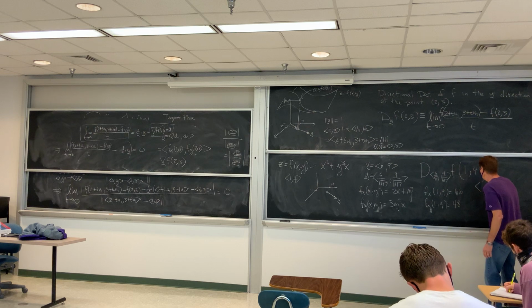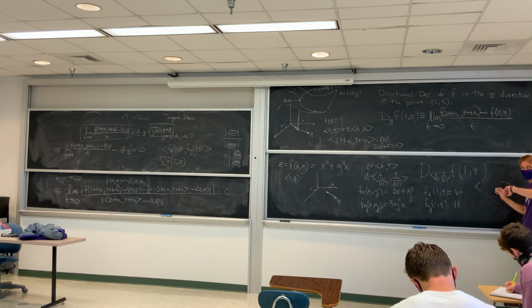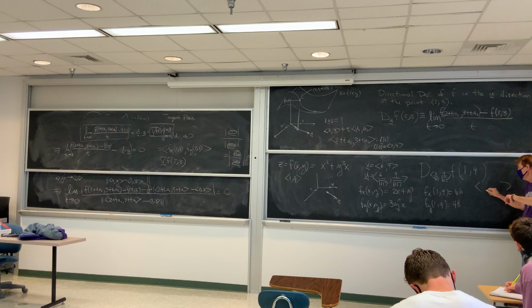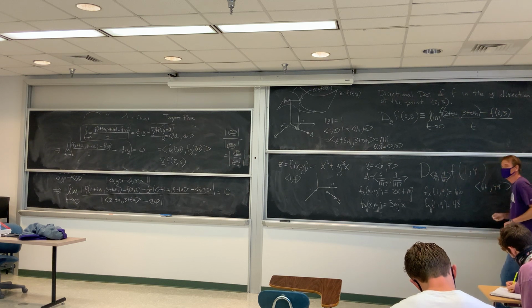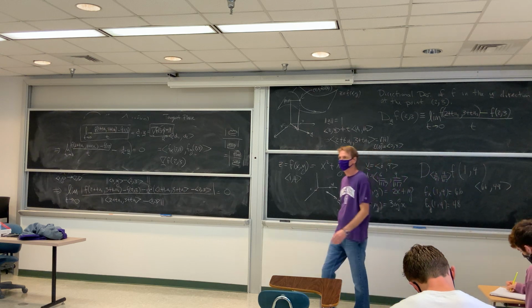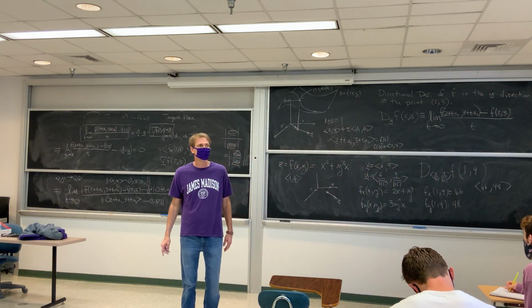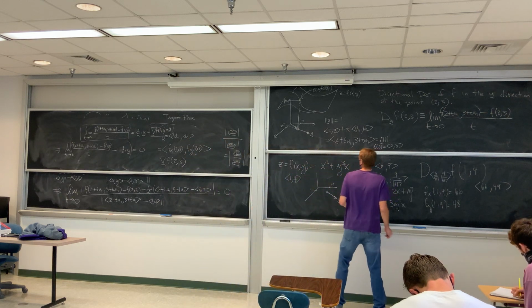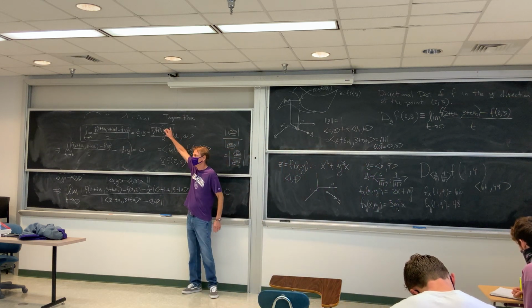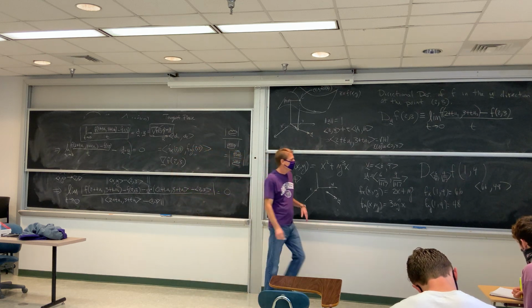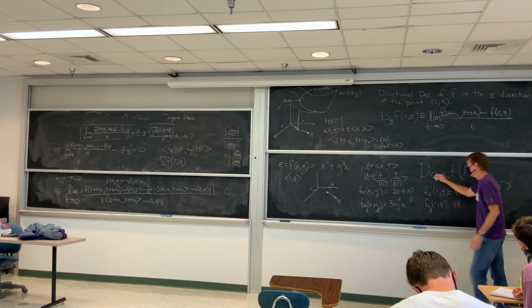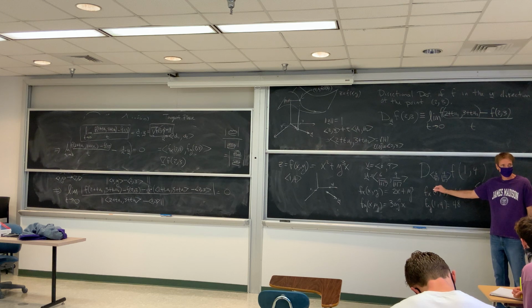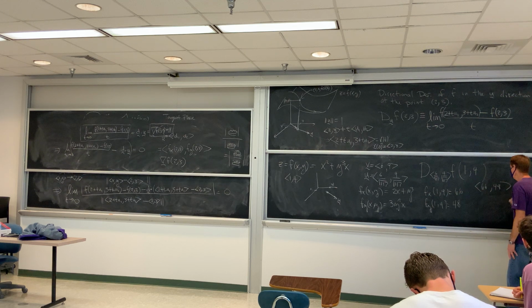So my gradient vector is (66, 48), and I'm going to dot that with who? I dot this with the unit vector. Who's the unit vector? 6 over the square root of 17 and 9 over the square root of 17. So if I do this and dot it with this,